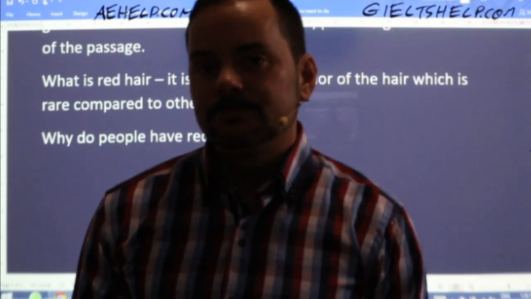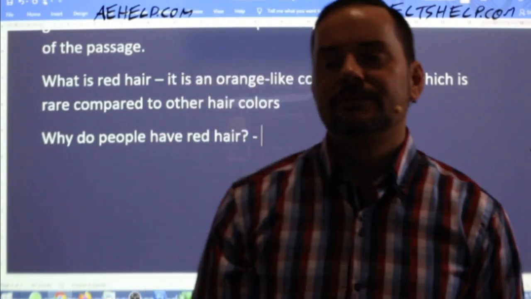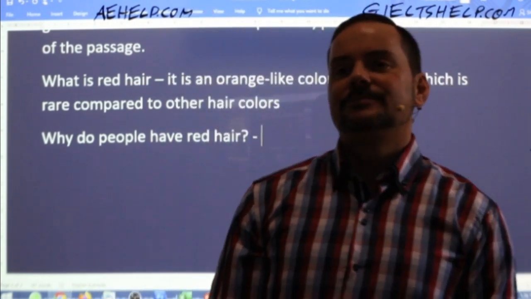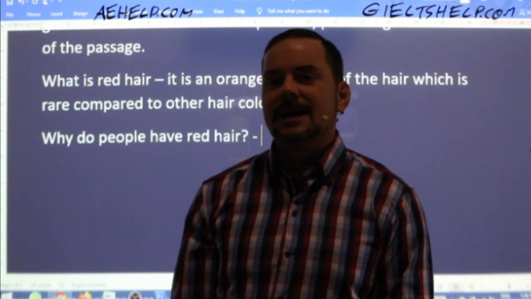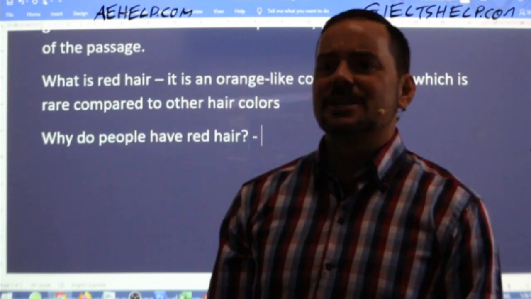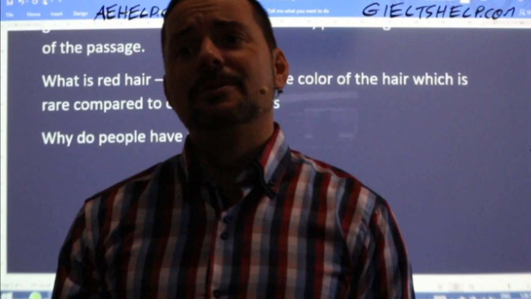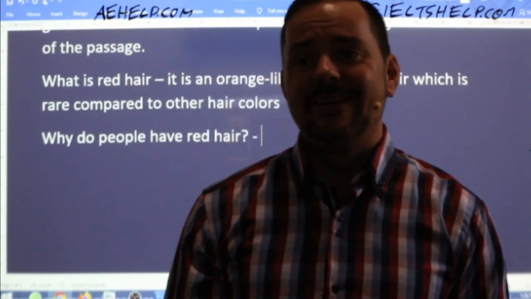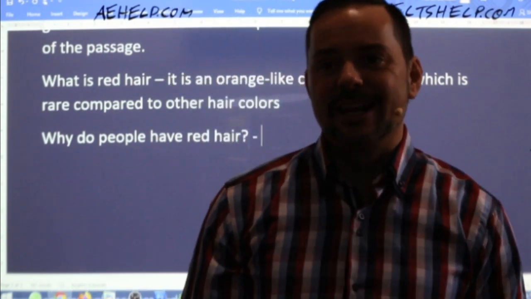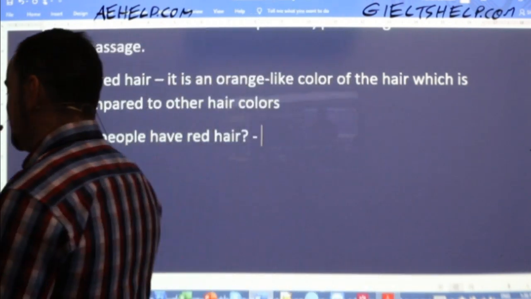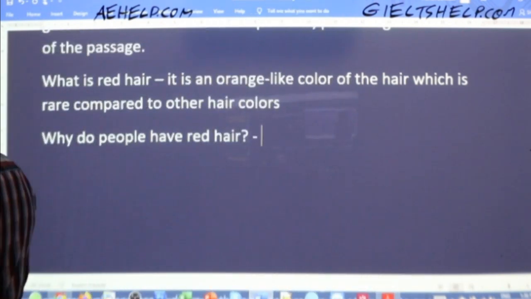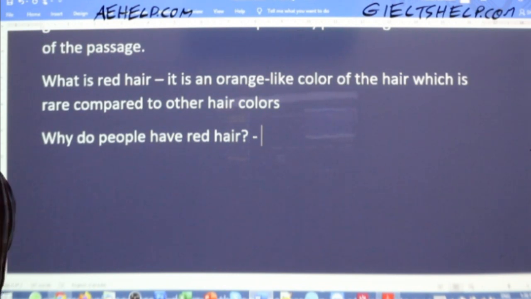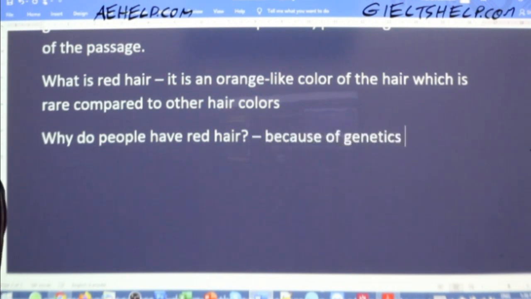So I have brown hair myself, but some people do have red hair. Why is that? Rodrigo says because they want to be stylish. Rodrigo, no, I mean like genetically, right? Like Amira says, it's genetics, okay? So it's not colored, but you're born with red hair. By the way, red hair people are often called carrot top in English, carrot top. Okay, so Amira says because of genetics.